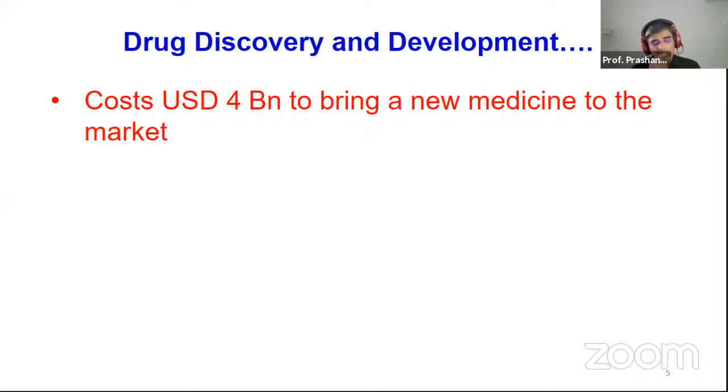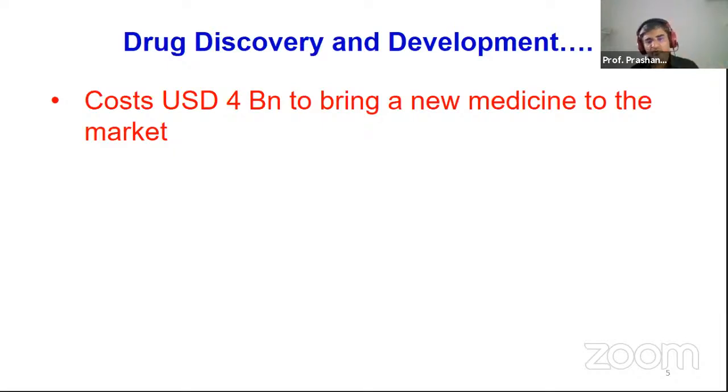Drug discovery is till the time the molecule enters preclinical studies, or I would say animal studies. So till the time the initial molecules or hits are discovered and enter the animal studies, that part is drug discovery. Then you have got preclinical studies, which are completely in animals. And once all the safety pharmacology as well as toxicity studies in animals are done, and we are sure that the compound is safe to be used in humans, then we file an investigational new drug application, that is a permission to conduct phase 1 clinical trials, to the FDA, right?